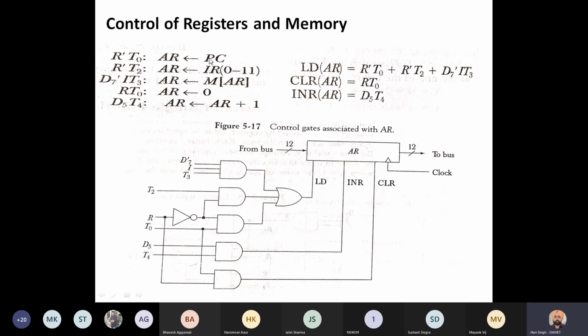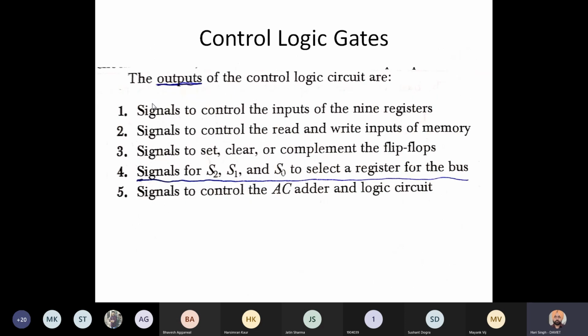Like the program counter is placed into the address register, the interrupt register is placed in the address register, information from memory is copied into the address register, 0 is placed in the address register, and the address register is incremented.